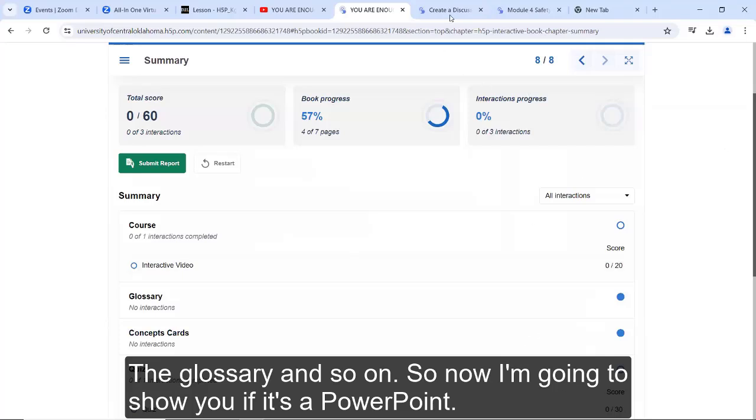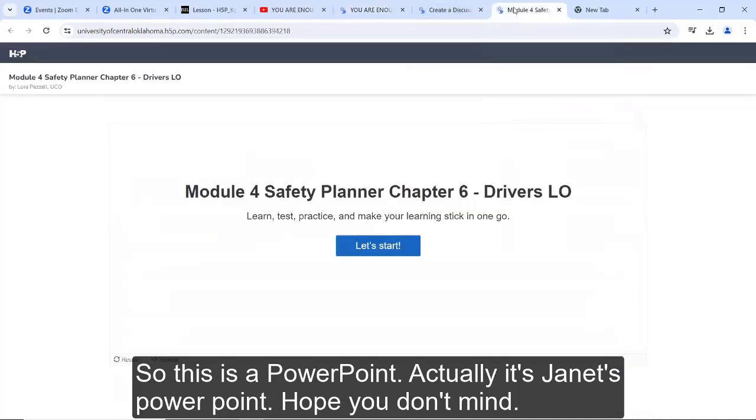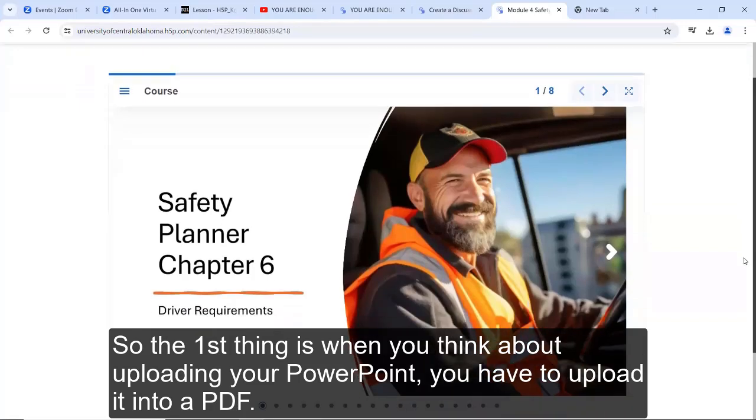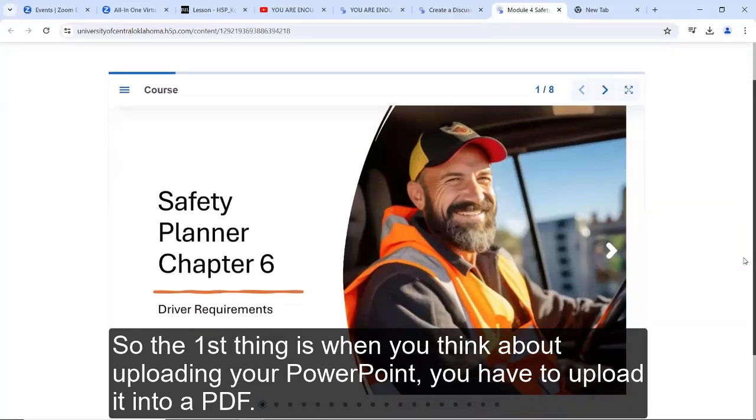So now I'm going to show you if it's a PowerPoint. So this is a PowerPoint. Actually, it's Janet's PowerPoint. Hope you don't mind, because it came out so well. And so this little mouse thing is a little bit tricky. The first thing is when you think about uploading your PowerPoint, you have to upload it as a PDF.